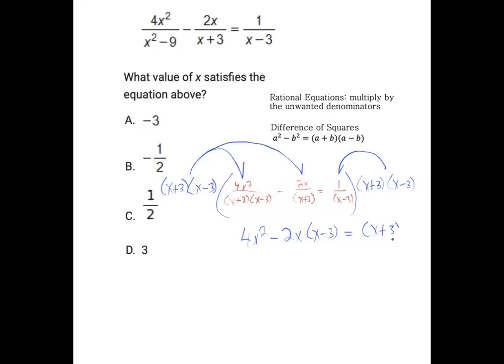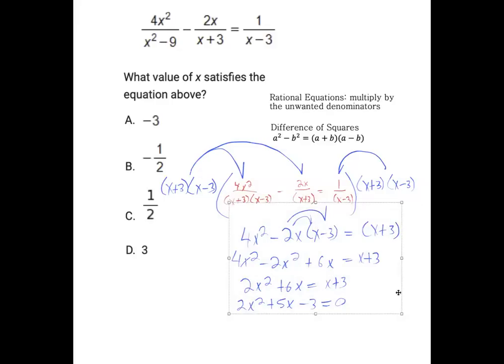So now we're just doing our quadratic solving. We have 4x squared minus 2x squared plus 6x when we distribute this, and this equals x plus 3. Combine some like terms: 2x squared plus 6x equals x plus 3. Take away x and take away 3: 2x squared plus 5x minus 3 equals 0. And now it looks like the